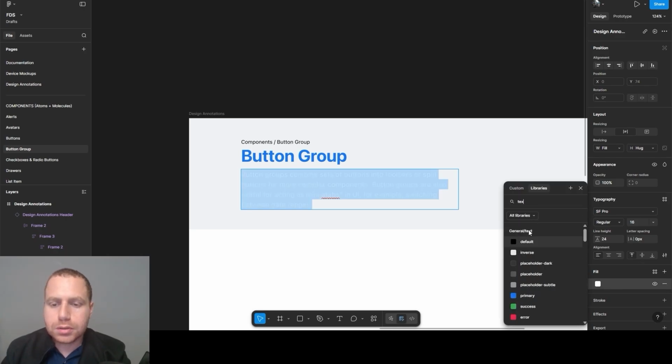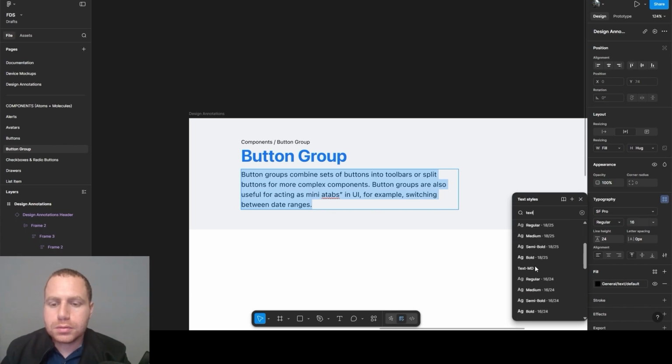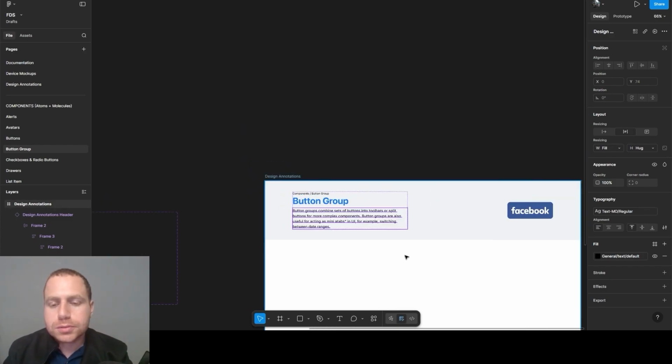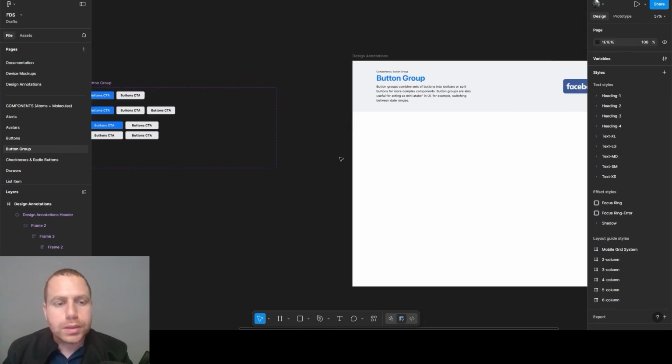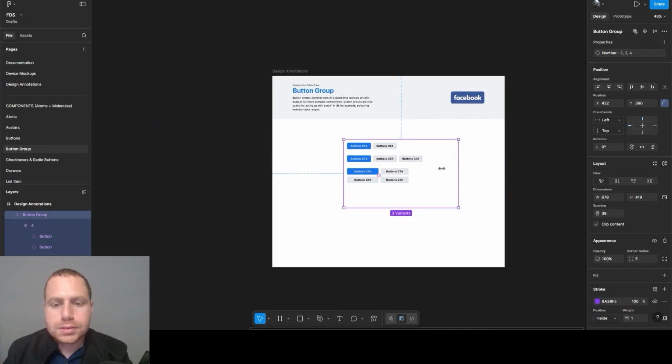Let's change the color and the typography. Button groups combine sets of buttons into toolbars or split buttons for more complex components. Button groups are also useful for acting as mini tabs in UI, for example, switching between date ranges. Okay, let's get this, put it here, decrease the size of this,